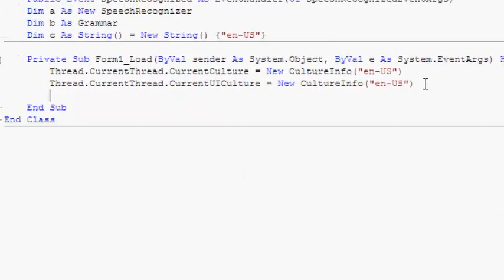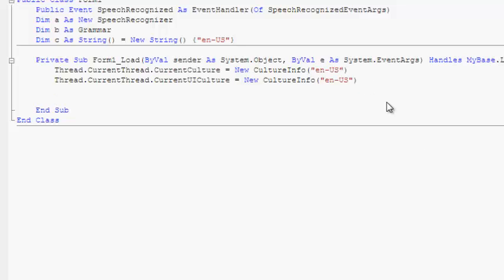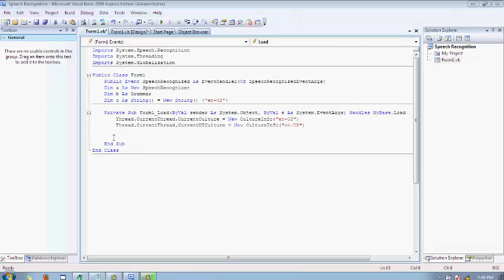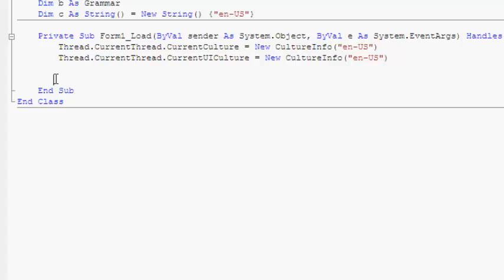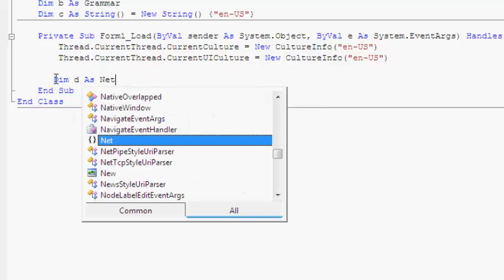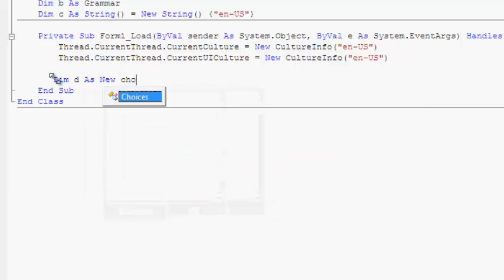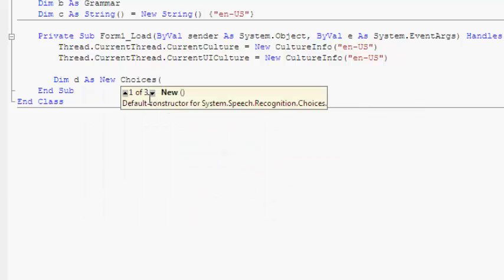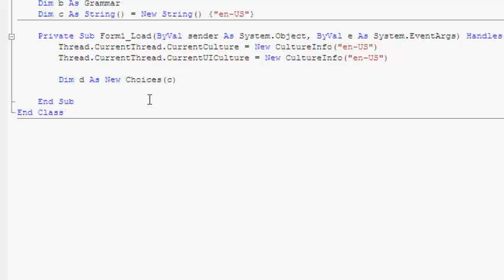Then you can now Dim a new Choices for C, our string.